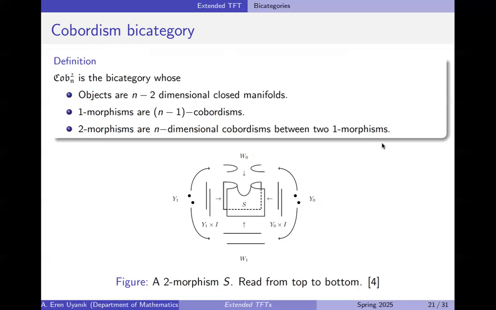You can go either just straight, or you can take the disjoint union of these 2 elbows. So these are our objects, 1-morphisms, and the whole picture, which is a cobordism from W0 to W1, is a 2-morphism. Is the description clear? Okay, so